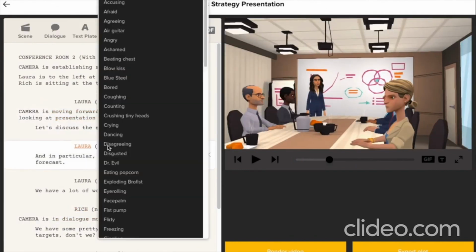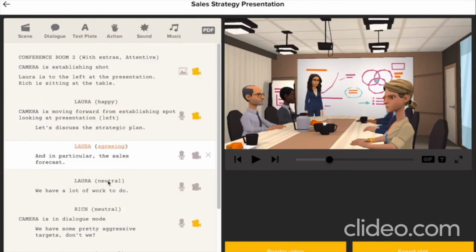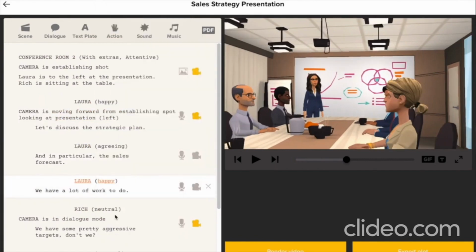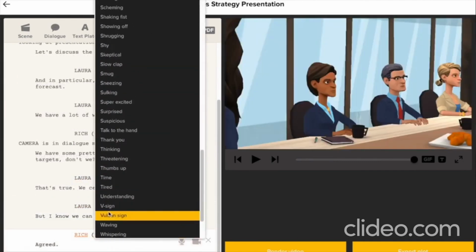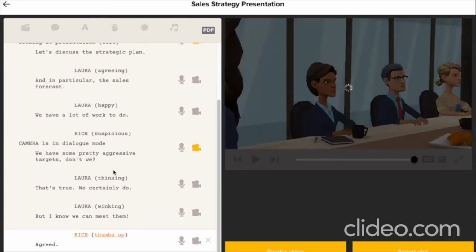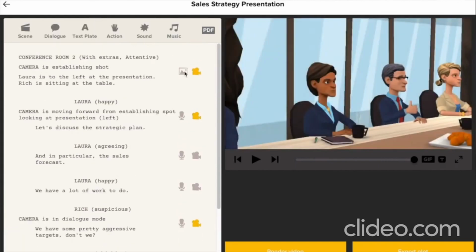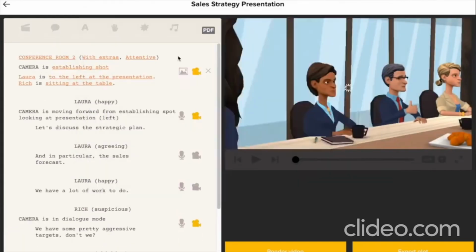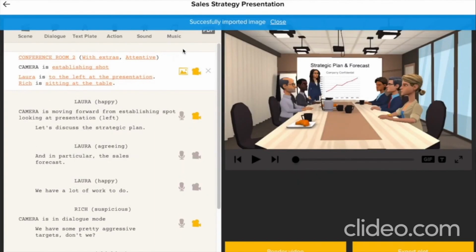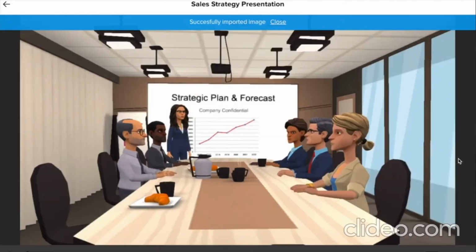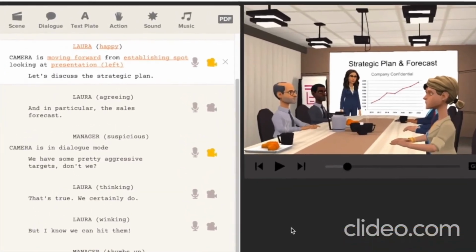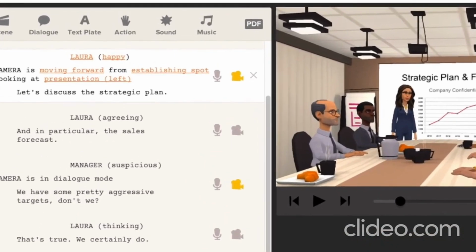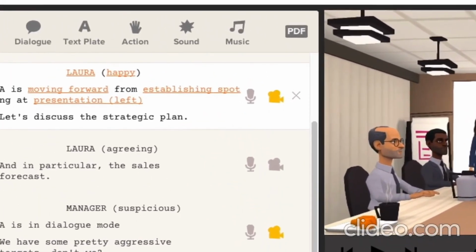Plotagon also lets you control the facial expressions and body language. You can go line by line and choose from a list of options of how you want the characters to deliver their lines, or just to appear before the camera even if they're remaining silent. Some of the scenes even allow you to import JPEG or PNG images, either as backgrounds or elements within the scene. You can add background music, sound effects, and if the characters are close enough, you can even have interactions like handshakes or high fives.